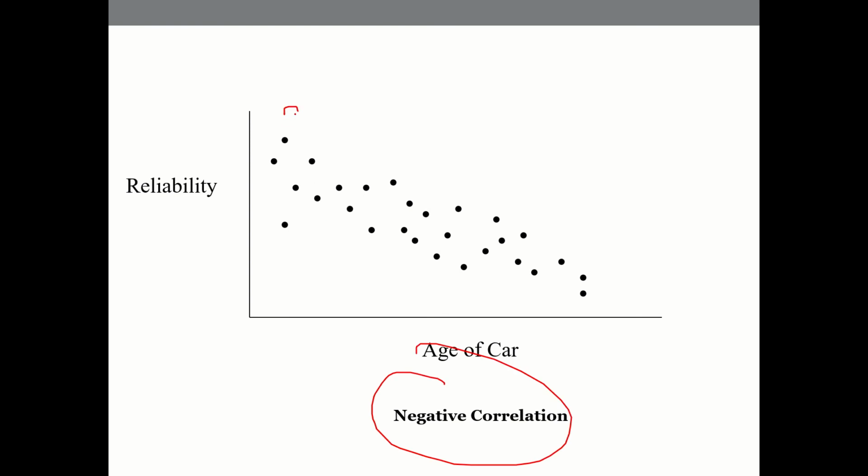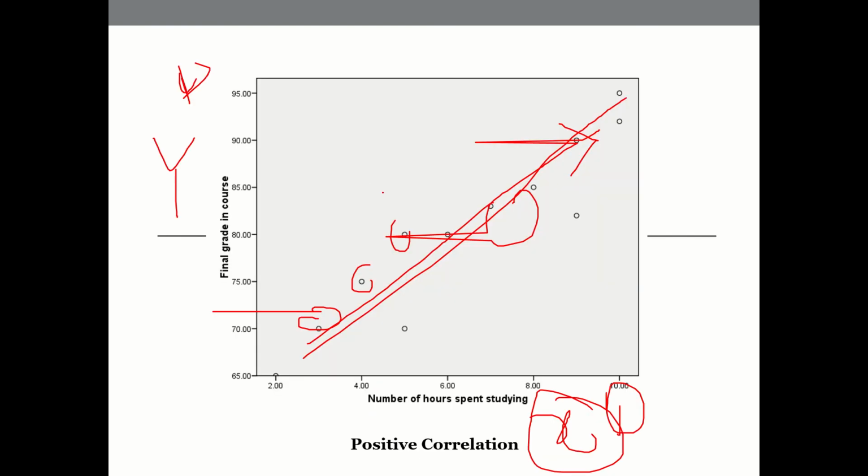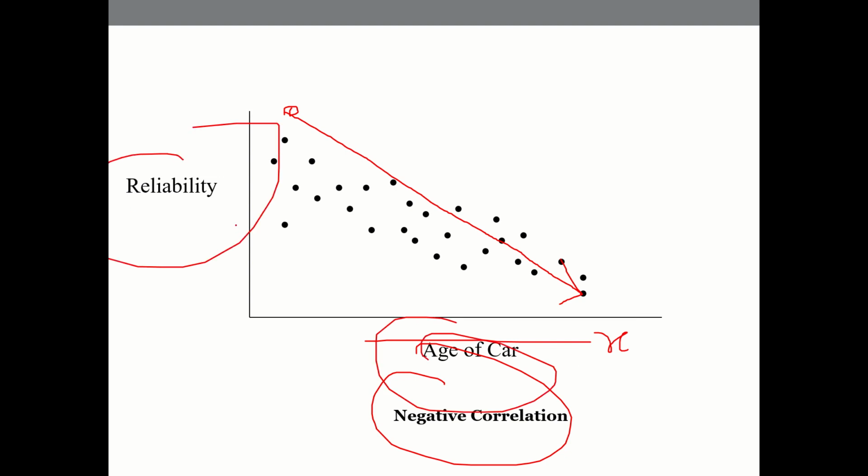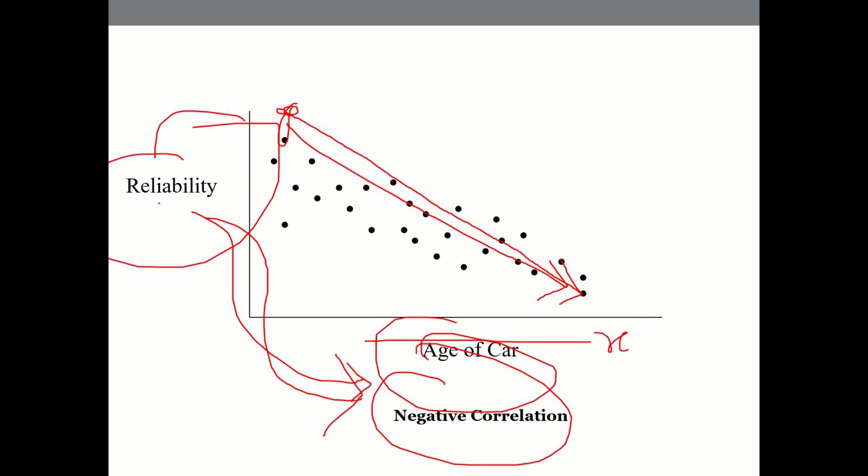The second type, in the same way, is negative correlation. This is quite the opposite of positive correlation, where the number gradually decreases with an increase in x value. For example, here the example is the reliability, or maybe the performance, of a car versus age. With age, or with mileage use, the performance of the car decreases. Again, there is a correlation, but it is a negative correlation. This is the second type of correlation.